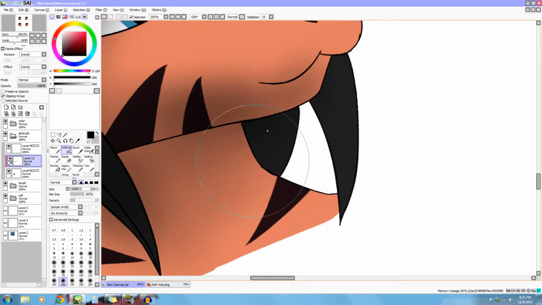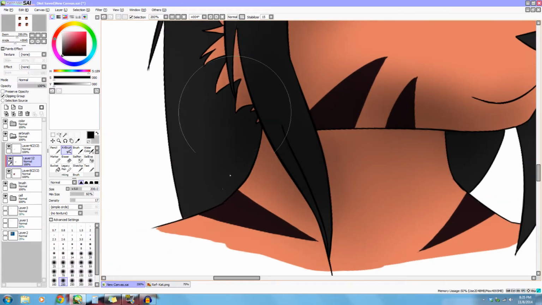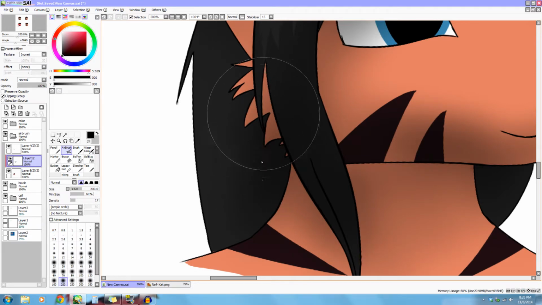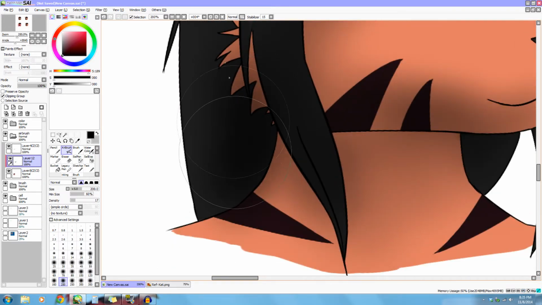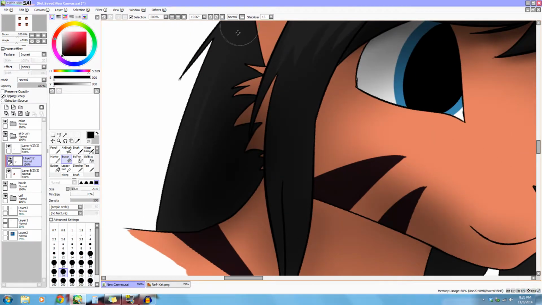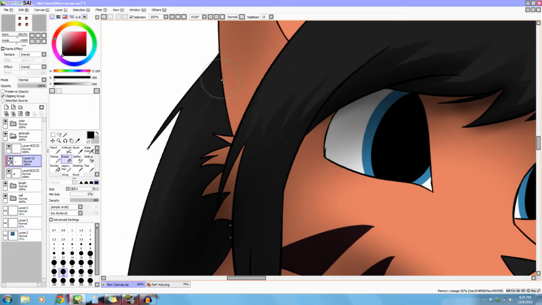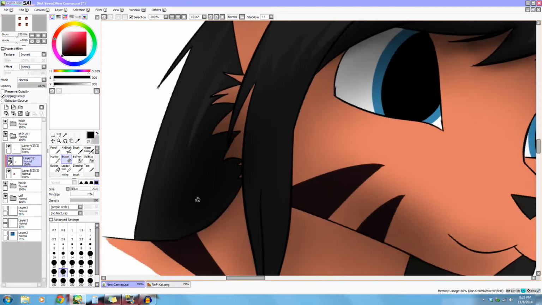Now this is only useful for really soft shading. It's not that good for really dramatic or really detailed work unless you want to take a lot of time to go through and refine it. Like this hair back here, I'm going to have to go through with an eraser and bring out the highlights of it and make it remind you that it's hair and not some solid blob of